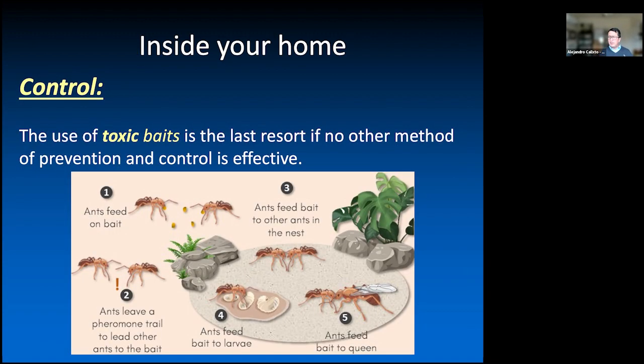If you still have some ants, as I mentioned, using toxic baits is a good alternative. They have low toxicity. They come in containers, so they have some sort of protection, and they use the behavior and ecology of the ant to kill the ants. They're basically recruiting the ants.